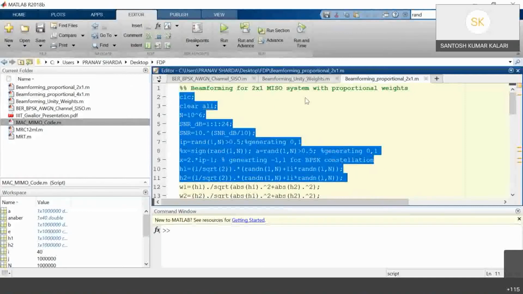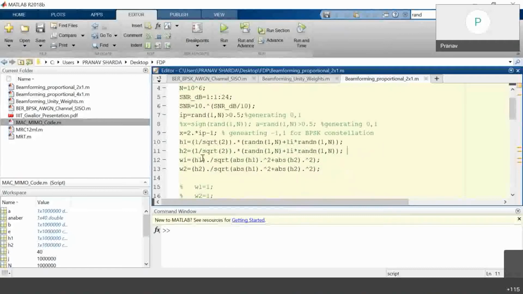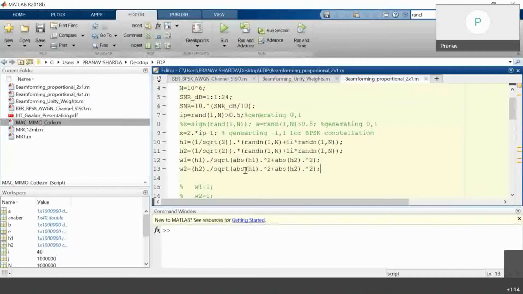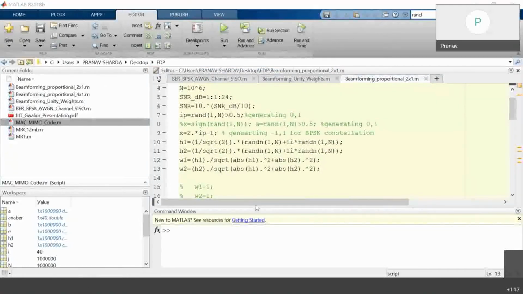Okay, like we discussed for beamforming with unity weights. And here we are defining W1 and W2. Please note that in the last case, W1 and W2 were simply unity. So here they are written in terms of the channel coefficients, like you can see on this particular slide. Okay, so this is how we are writing the value of the weights when they are dependent on the channel